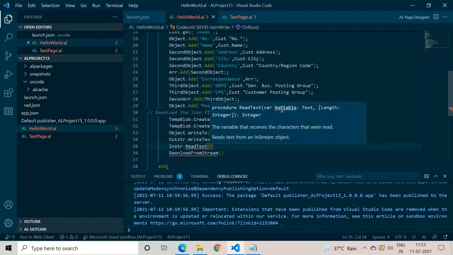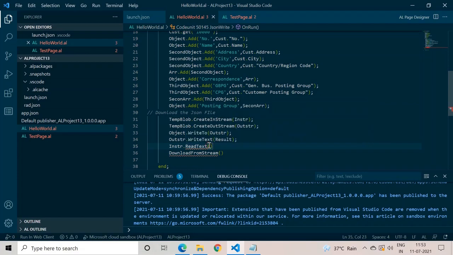It takes the text variable, and we know that we have successfully added my outstream object data through this text data type. So I will use this result data type in my in-stream, and thus my in-stream now has my data which I can download.